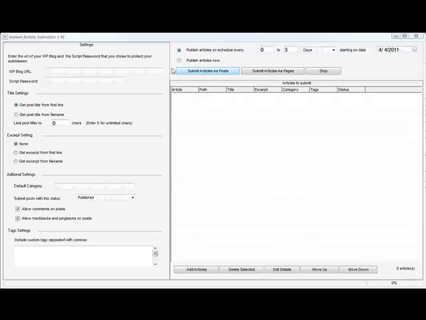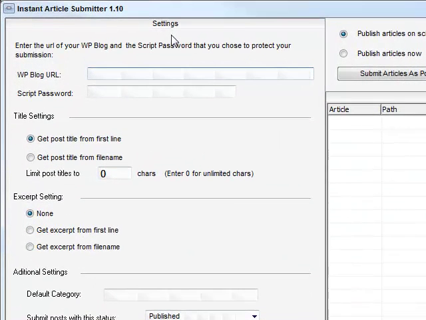Alright, in this video I'm going to show you how to use the Instant Article Submitter software. It's very important that you do not get confused with all the other article submitters out there. This one is specifically dedicated to a WordPress blog that you have, that you own in fact, and you'll be